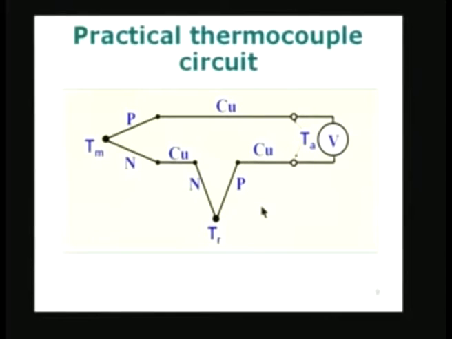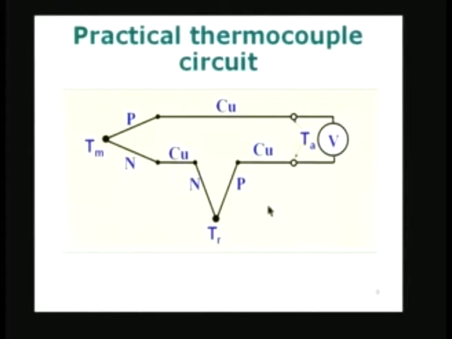That means I am equating the practical thermocouple circuit to exactly the same as the simple thermocouple circuit. We had only one junction, another junction, all wires of the same P and N material. This is electrically equivalent to that. That is very important, because the temperature variation along the lead wires is confined to regions close to the junctions, and that is in fact the important reason.